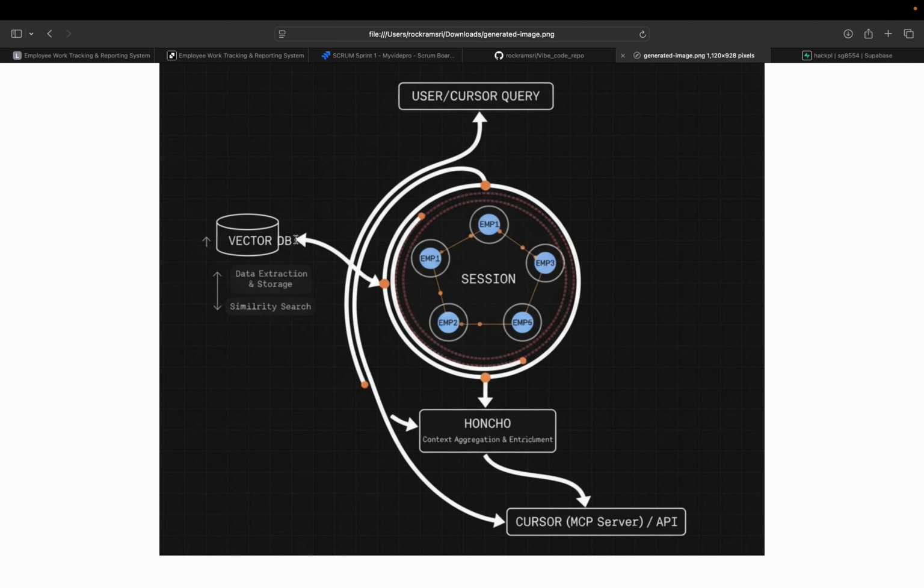Let's say Cursor is thinking and wants to make some changes, it will get the context from the 5 employees who are related to the particular code change it is working on. After that, the response will be given to Cursor, so Cursor can make a decision, or any LLM tool can make a decision. It can be easily configured with MCP or FastAPI. So this is the overall